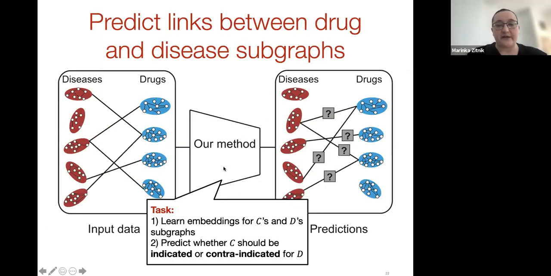So effectively, what we previously saw as a simple link prediction on a bipartite graph will now become a link prediction problem between these drug and disease subgraphs. Our input data will consist of a large number of disease subgraphs and drug subgraphs that are linked based on known treatment information. The method will learn embeddings for every disease and drug subgraph. I will explain how that is done. Those embeddings will then be leveraged to predict links, novel relations between diseases and drugs, representing other diseases that a given drug might treat.